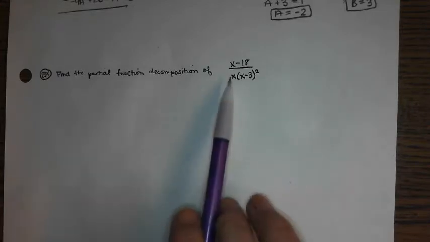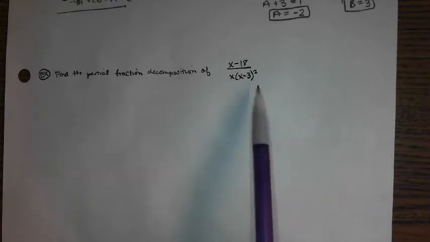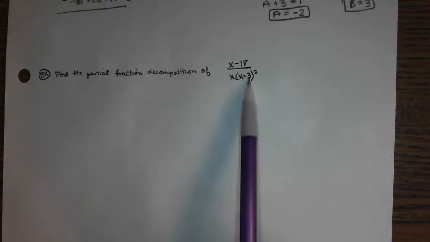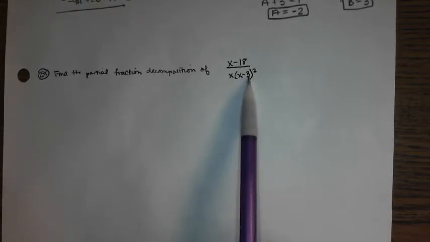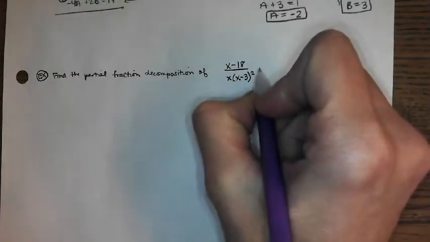One factor is x, a second factor is x minus 3, and a third factor is another x minus 3. So this is kind of going to teach us what to do when one of your linear factors happens more than once, is a double factor, or has a degree of 2, whatever you want to say. When you